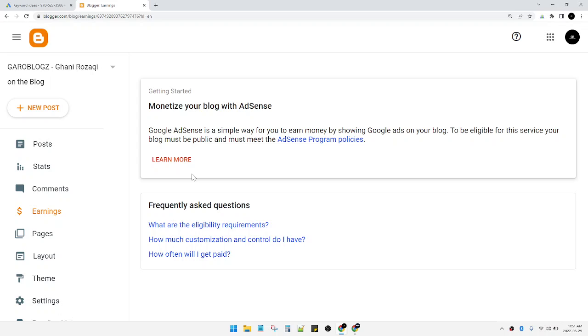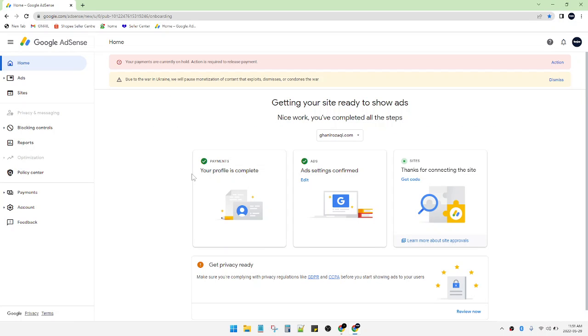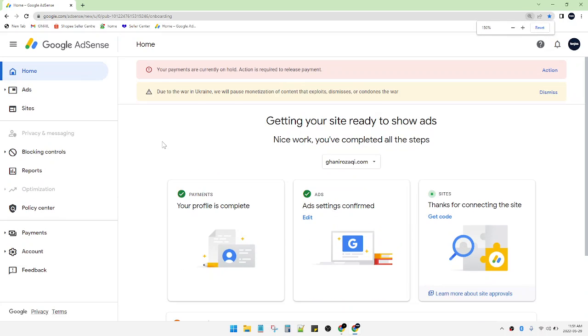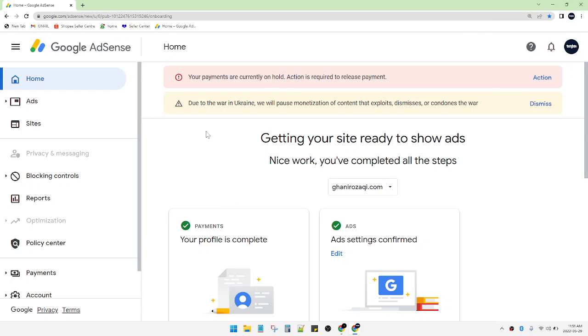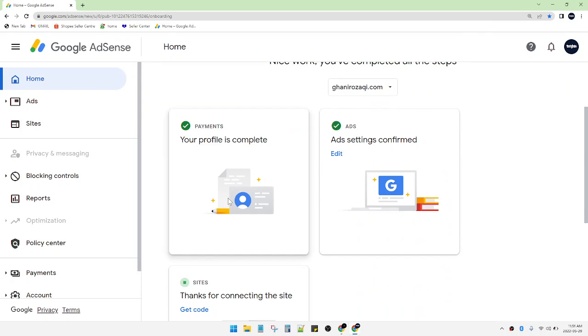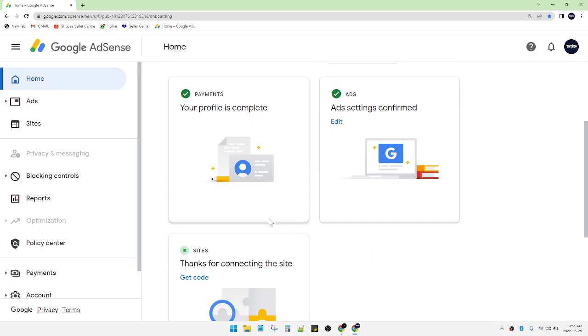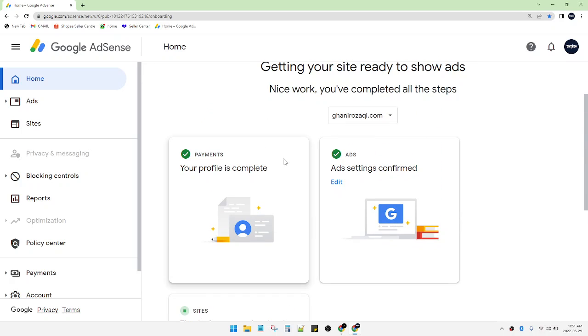This is the most important thing. You have to create a Google AdSense account, not the Blogger but the Google AdSense account. And then you have to go and create an account for Google AdSense. You just search for Google AdSense, and then after you key in all the required data, and then you can